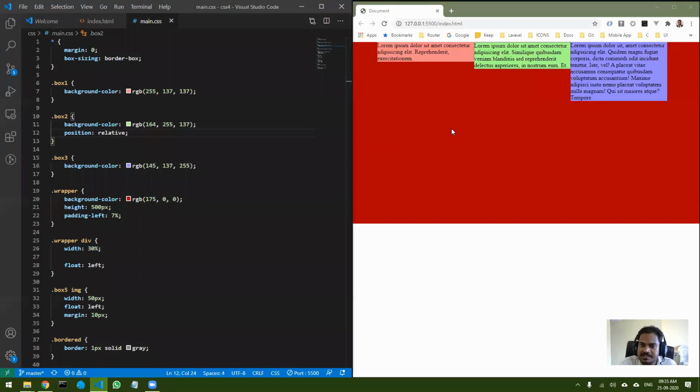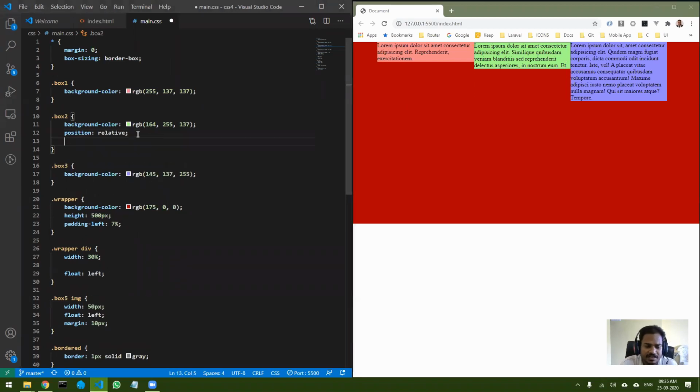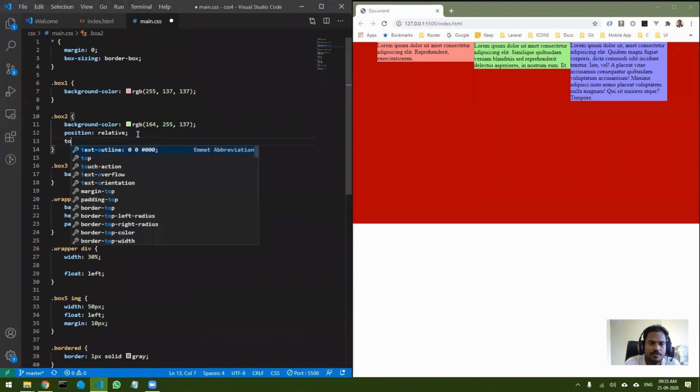Position relative means by default, when it was static, what is the location of your div? Right now my location is at this particular place. Relative means from that particular place, where do you want to go? Setting that is very simple. Position relative is not going to affect anything unless you do something with the top.